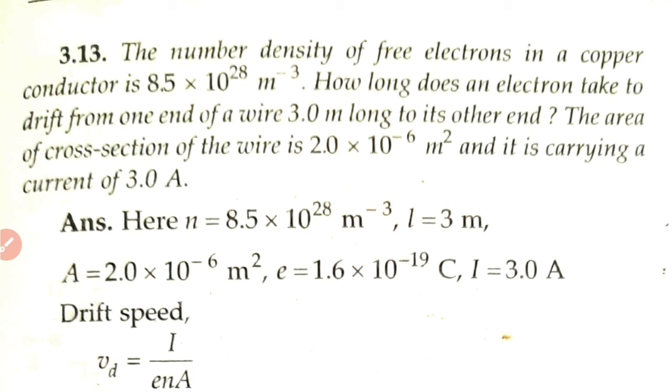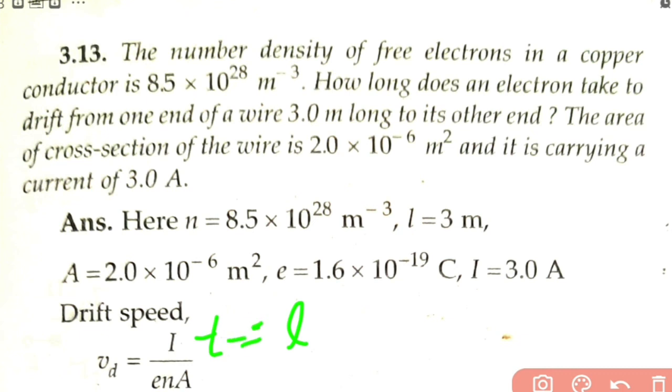The length of the wire is 3 meter. So the idea we need to use is that the electron is traveling a distance equal to the length of the wire. Let that length be L. And we know the resultant velocity of the electron when an electric field is applied is the drift velocity. Thermal velocity is getting cancelled, so only drift velocity it is having. So the time taken by the electron to reach the other end of the wire is L divided by Vd, where Vd is the drift velocity. So using this equation you can find that time.